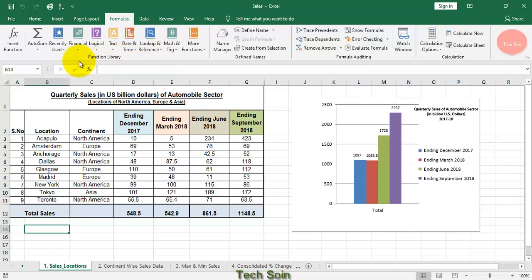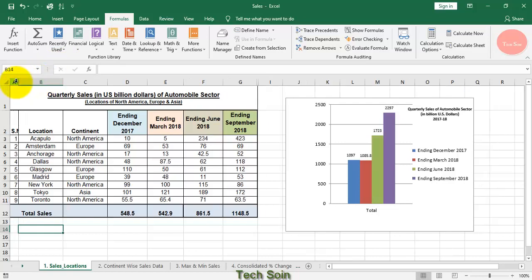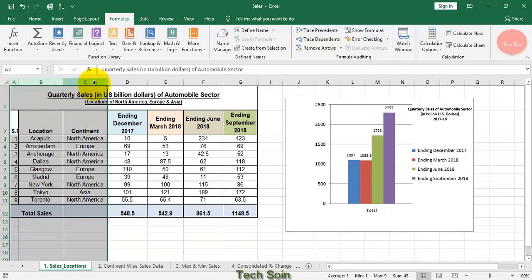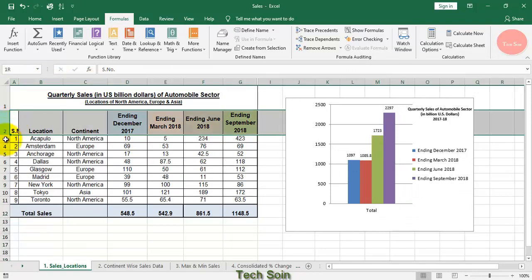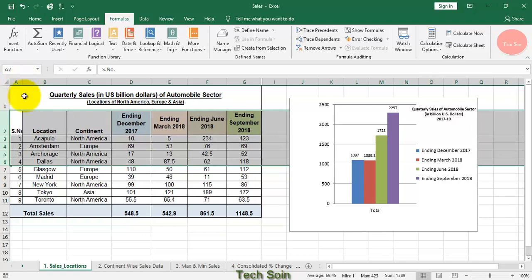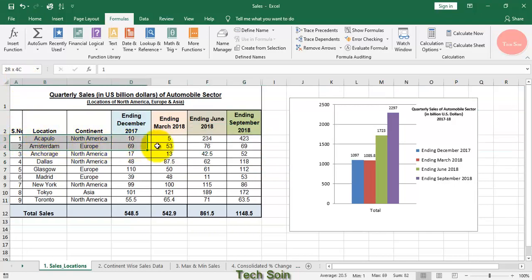Let's move further. You know that everything in Excel is organized in the form of rows and columns. Columns down and rows across. And each row represents a record. You can see many rectangular boxes here. Each box is known as a cell.